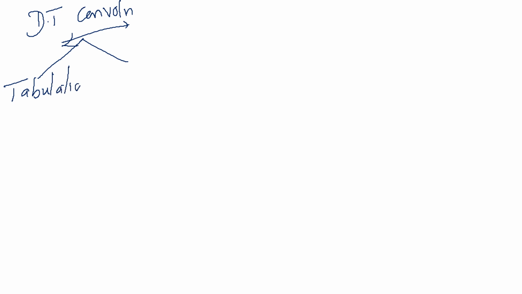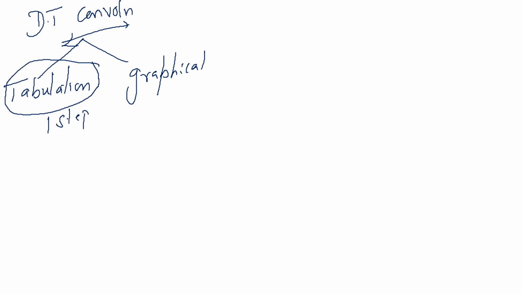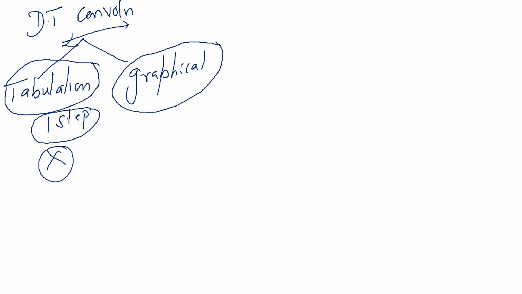So the discrete time convolution can be achieved by two methods. One is the tabulation method, another one is the graphical method. The tabulation method is something you get in a single step, just one step. So 99% they will not ask you to use the tabulation method. Most probably they will be asking the graphical method because it takes a lot of